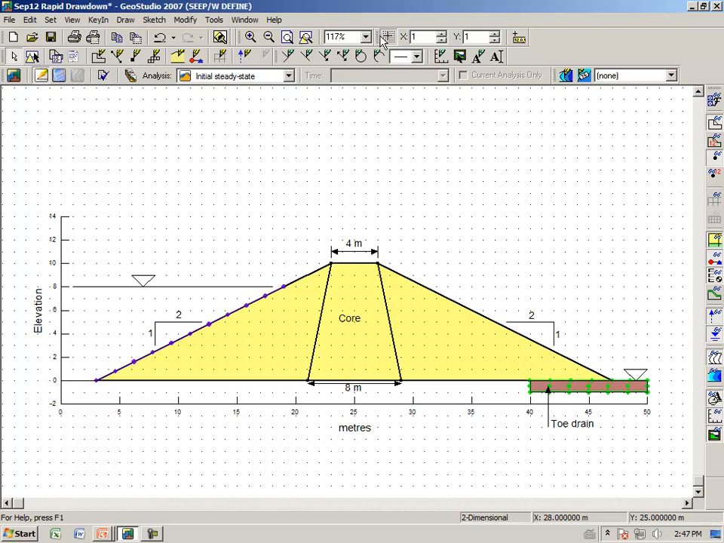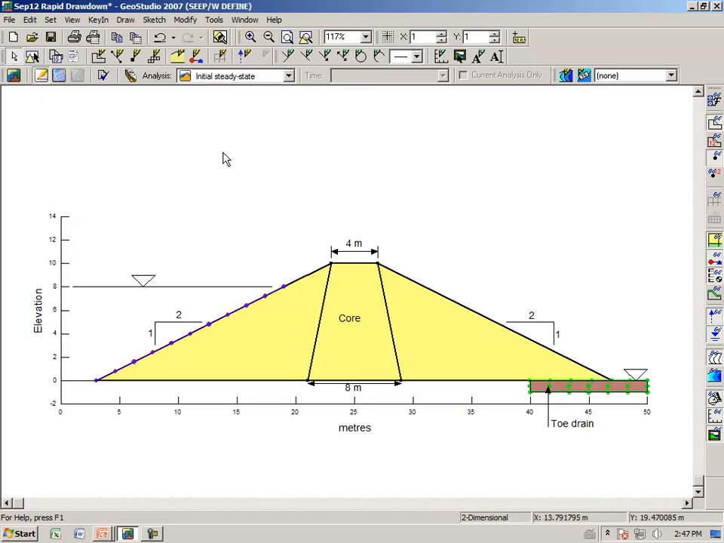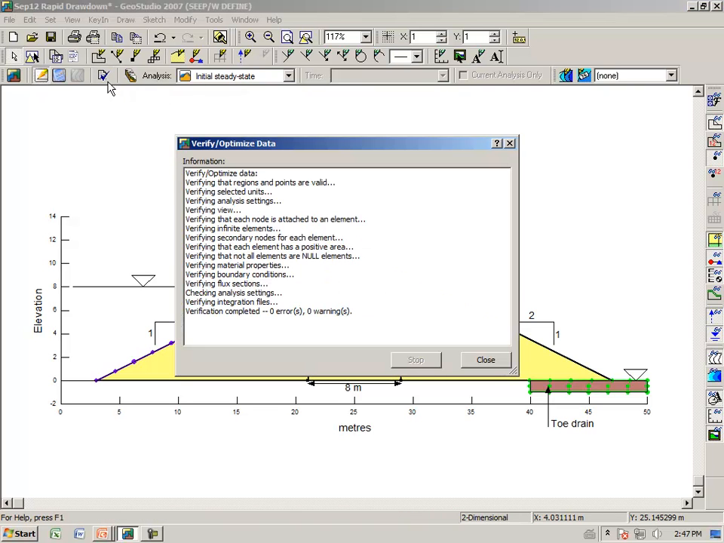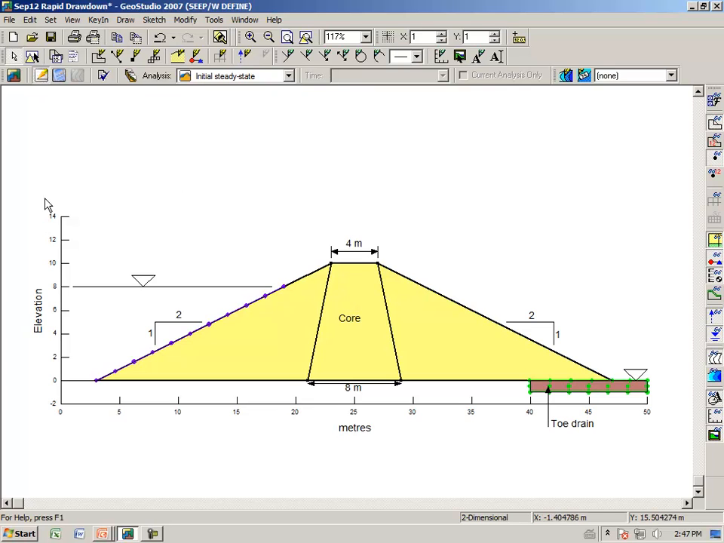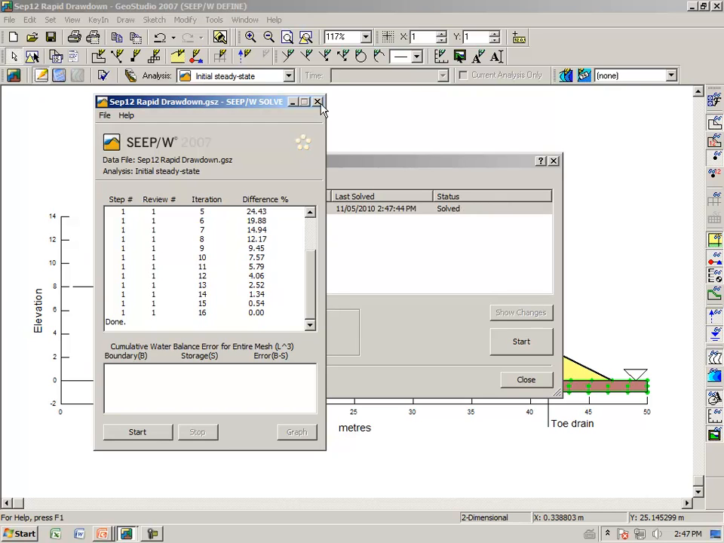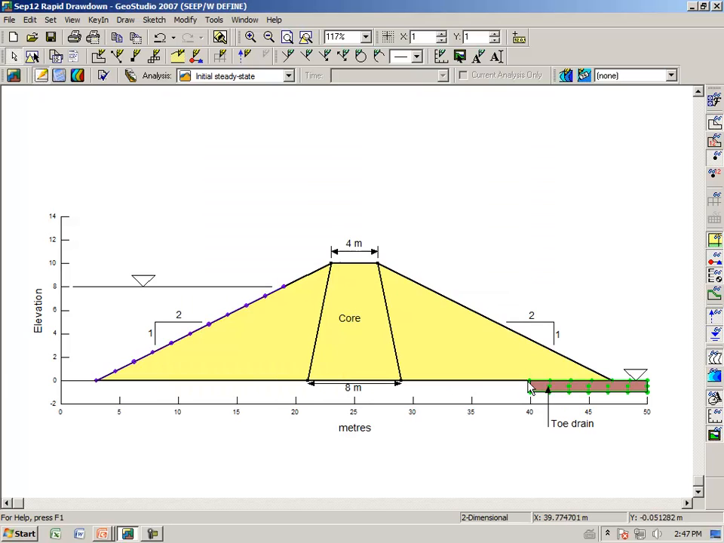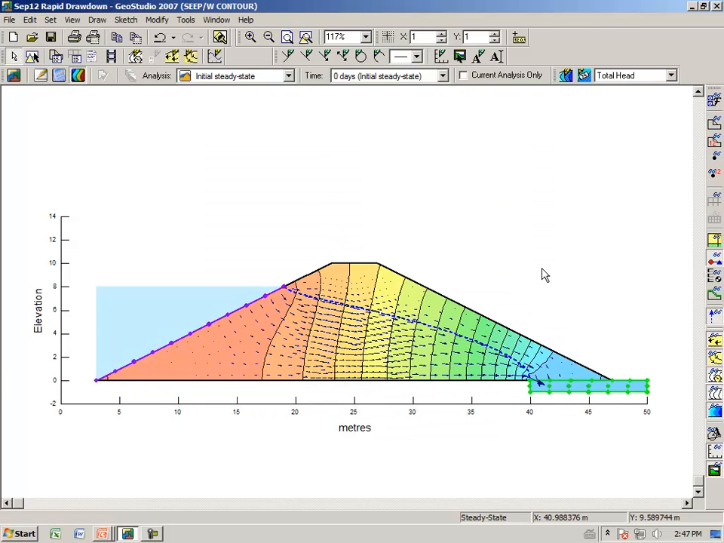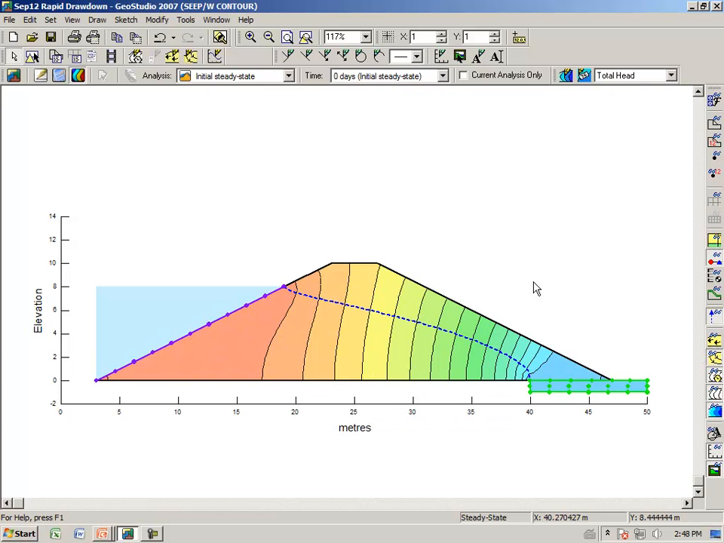Now, I believe that we have completed the definition for the long-term steady-state case. We have our geometry, and we have our materials, and we have our boundary conditions. Clicking on Verify, we see there are no errors and no warnings, saying that there is sufficient data for us to make some calculations. Clicking on the Solve button and clicking on Start. And then looking at the results view, we are back to where we were in our session 1, where we did a steady state analysis for this particular case. I'm going to turn off my flow vectors, turn off my boundary conditions,